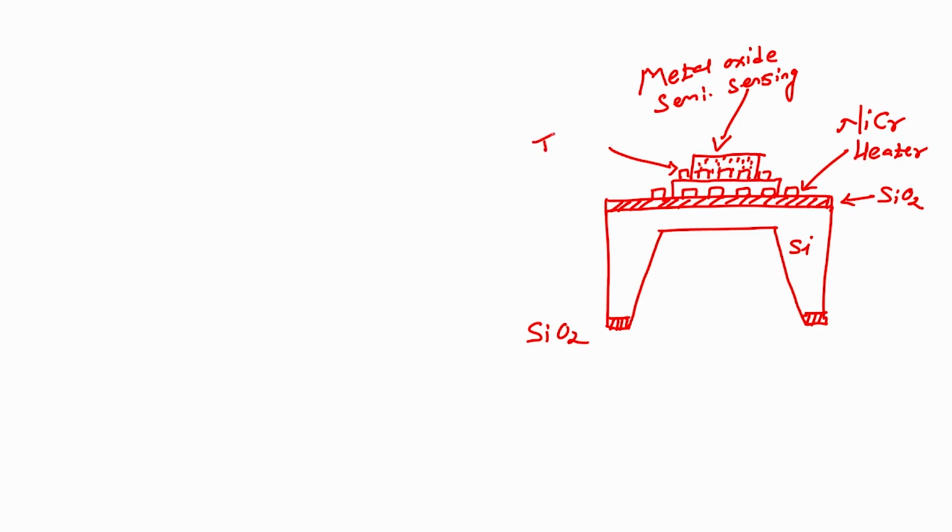This will be my interdigitated electrodes. It can be chrome gold. This is how my sensor should look. Alright. Now, if I take a silicon wafer,